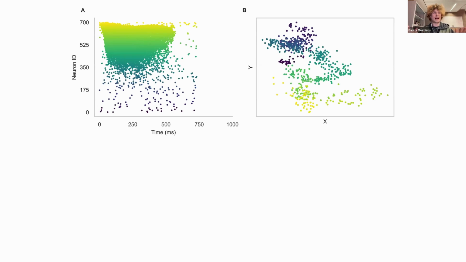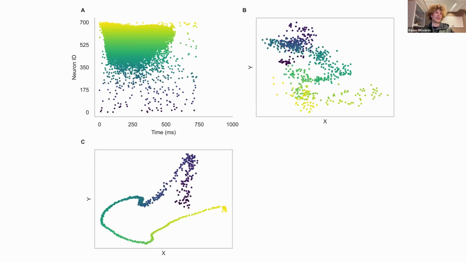And I won't go into detail how we specifically define this metric. It's kind of inspired by a spike-triggered average, but basically we end up with an activity-based matrix, or a matrix that's derived from the activities of neurons, which also tells us how sensitive hidden neurons are to input neurons. And we also did this weighting visualization again. And here we even get an even smoother trajectory. It's even surprising that it ended up being so smooth.